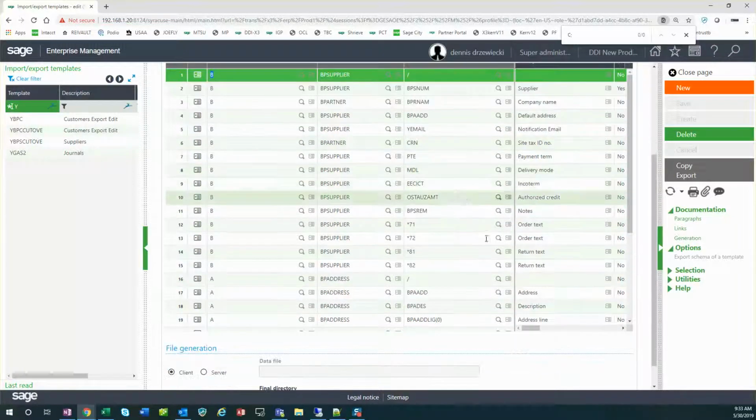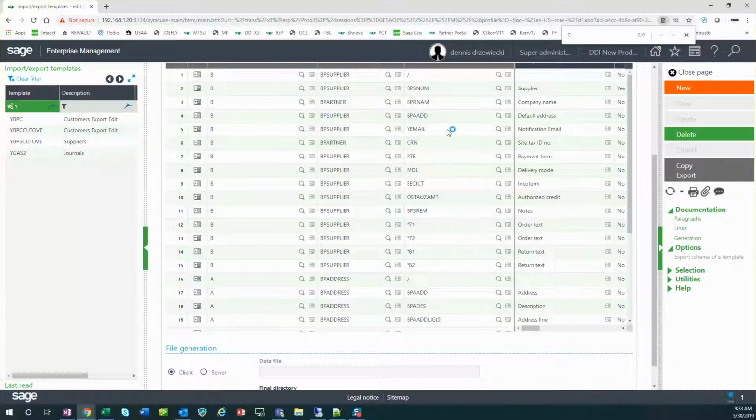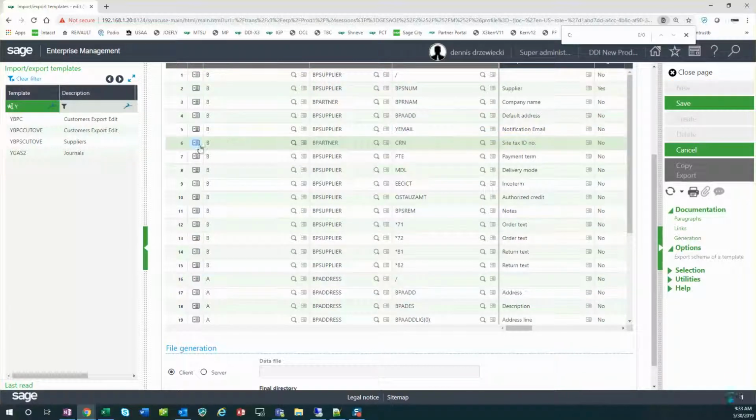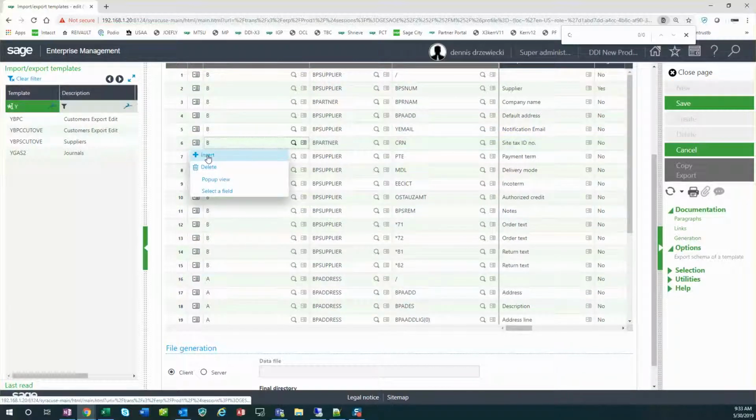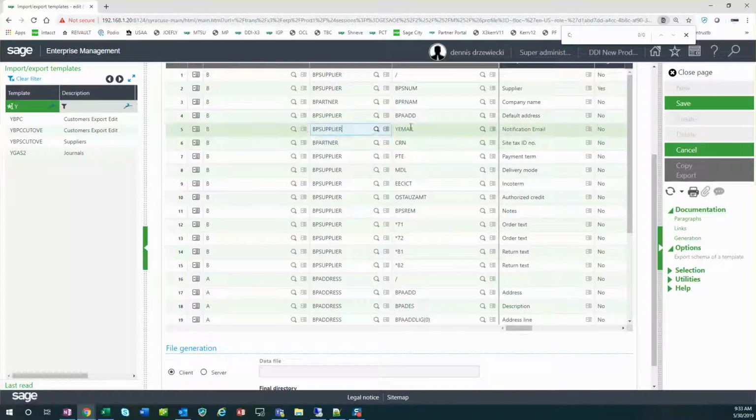So for BP supplier, see here I added this Y email. If you want to add a line, you can just go in here and insert one, or delete a line, and you select the table and the field. So here we've got supplier company name, default address, notification email, site tax ID. You can remove or add any of these that you want, order text notes,